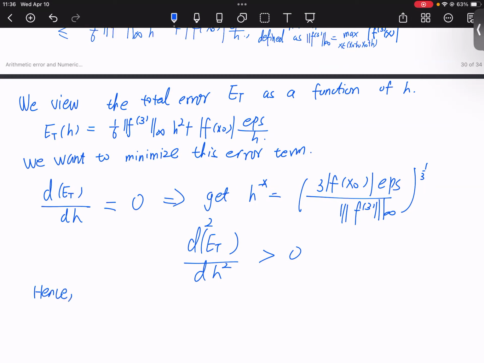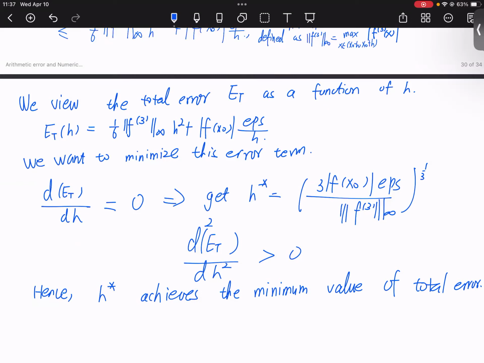Hence, the H star achieves the minimum value of the total error here. And if you substitute these things back into the total error value, then you will see